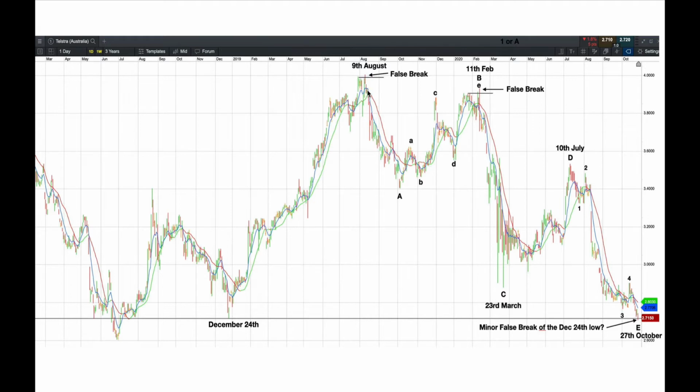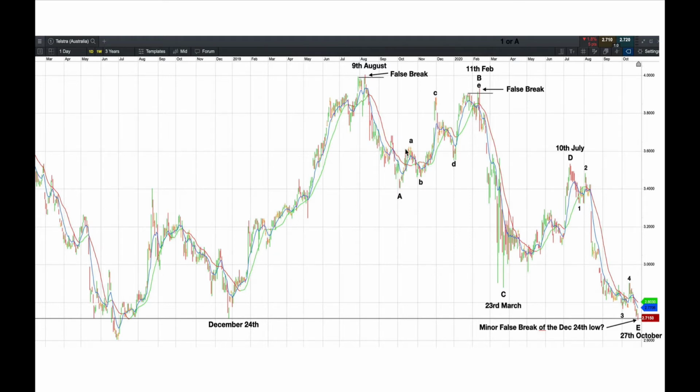So once you see a false break of something like this and you get some follow through, and we'll look at false breaks in detail in another video, but for now, if you get a break through an existing high or low for that matter, and then it immediately reverses, you're fairly safe to initially get out of any long positions you have here and then start looking for a short position, because fast moves come from false breaks like this quite often. So we had that false break, we came down here, big leg down, not quite 50% retracement,